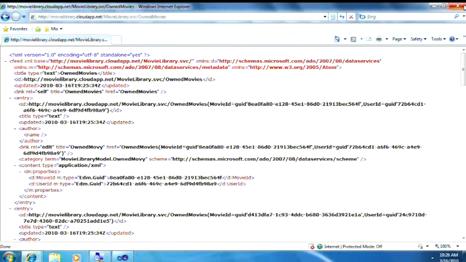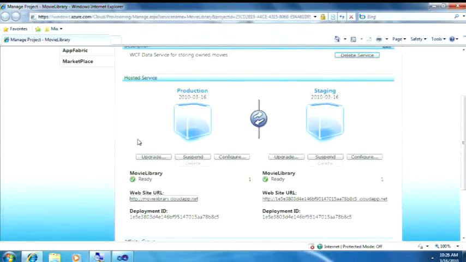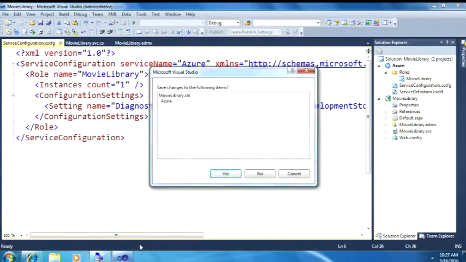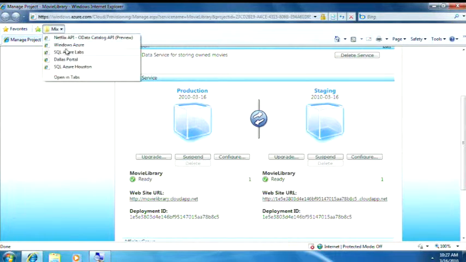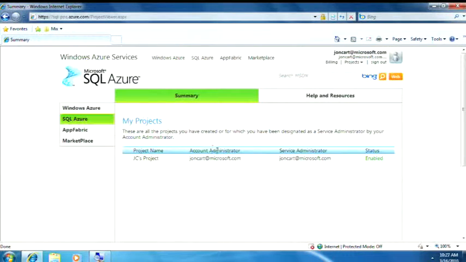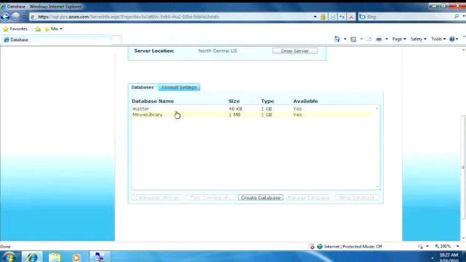So the next thing we want to show is we are very committed to make it even simpler to build these cloud-based web APIs. So Jonathan, could you do me a big favor and kill Visual Studio? We're going to shut down Visual Studio, and we're just going to utilize a web browser. We are going to build that exact same web API inside of the web browser. And in order to do that, Jonathan, I would love for us to navigate to the SQL database if we could. And we will go in, this is the SQL Azure portal, we will select that movie library,